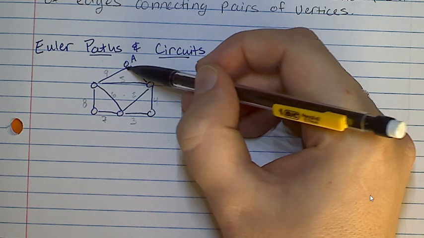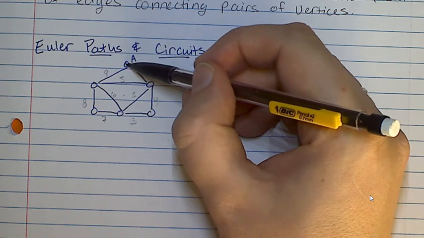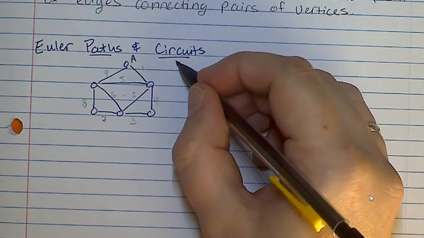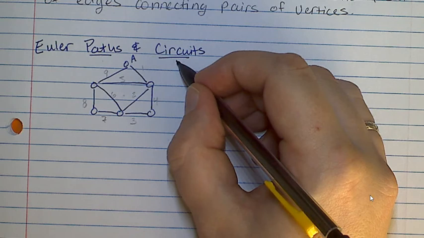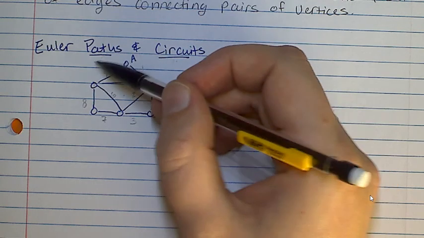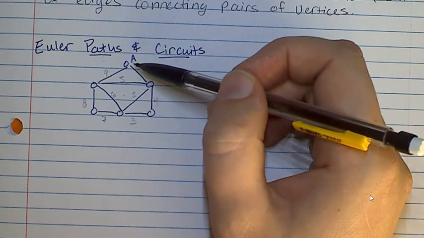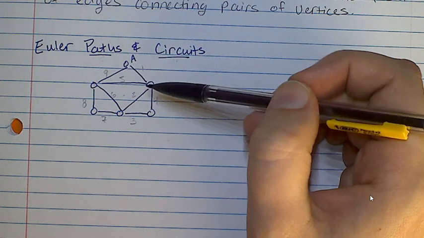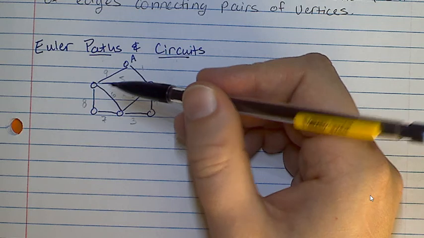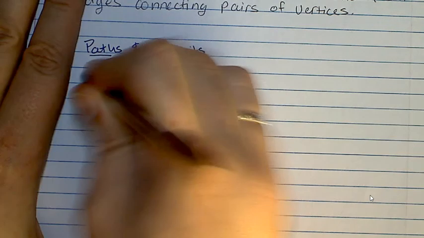Now, since I ended back at A, is that a path or is that a circuit? Circuit. Okay, so circuits end back where you started. Paths don't necessarily end back where you start. They end at another point. Both of them use each edge only once. Now, did we use each edge only once? Yeah. Okay, we used a bunch of points more than once, but we used each edge only once. Does that make sense? All right, so if I were to erase these,